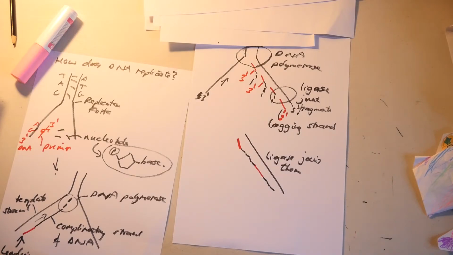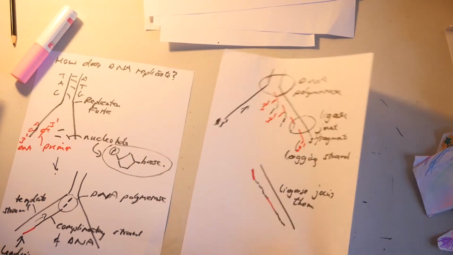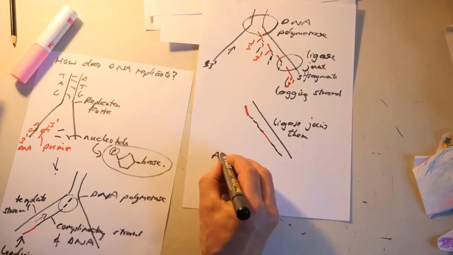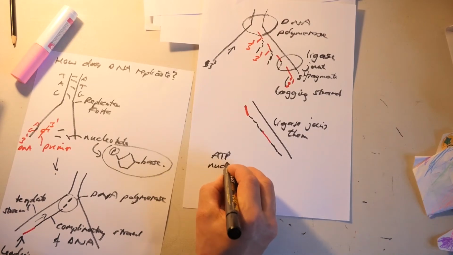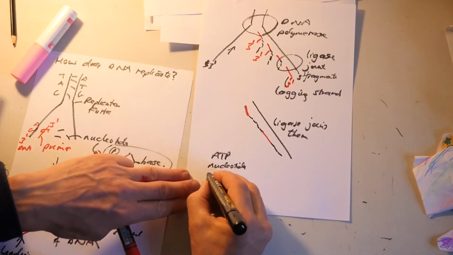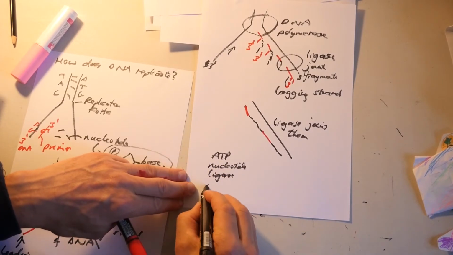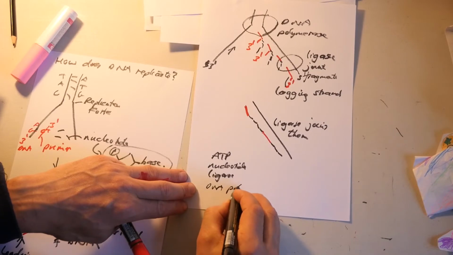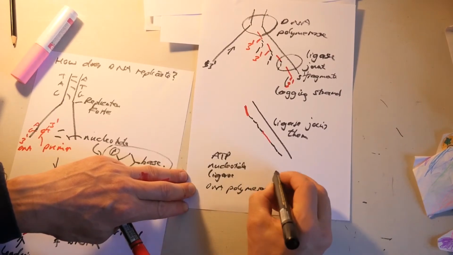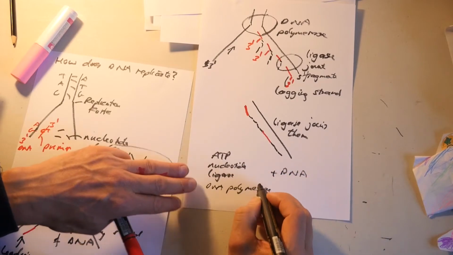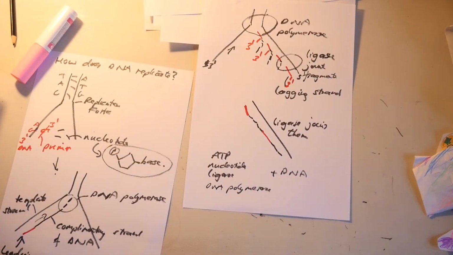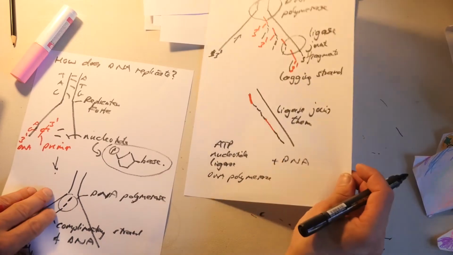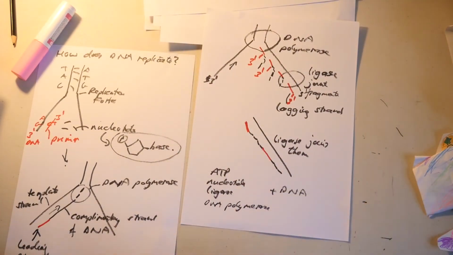So yeah, that's the basics of DNA replication. So it uses ATP, nucleotides, ligase, DNA polymerase, plus DNA. Nucleotide, ligase, DNA, okay? So that's the basic, and you get many replication forks in DNA,